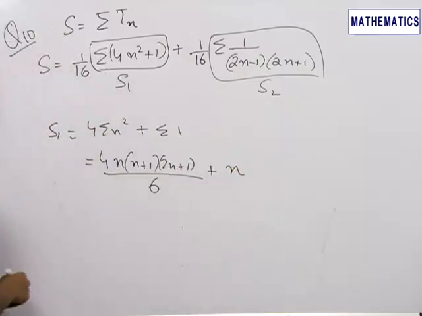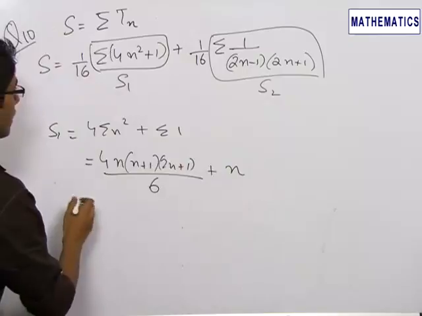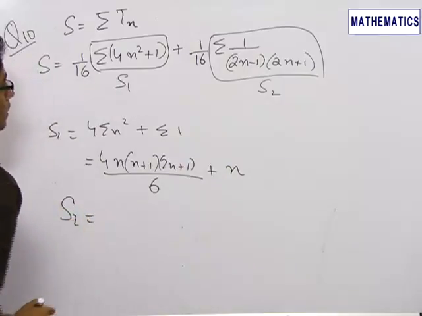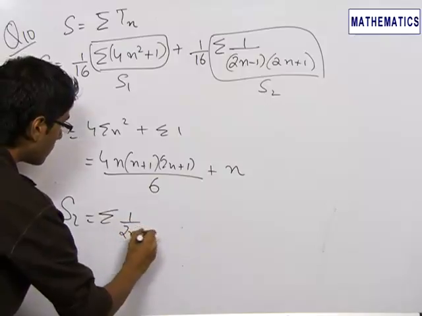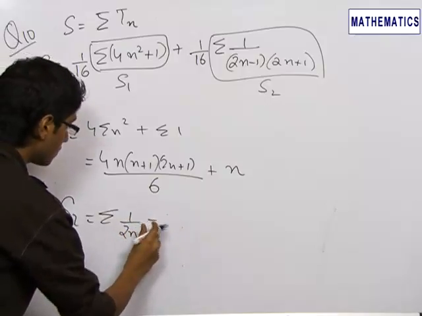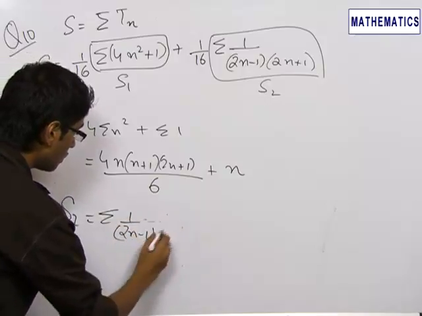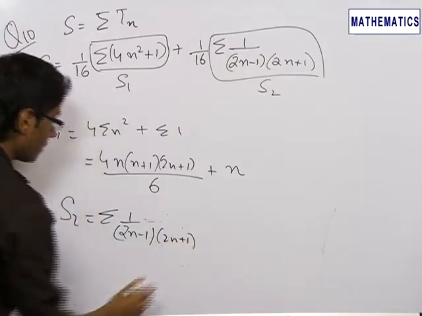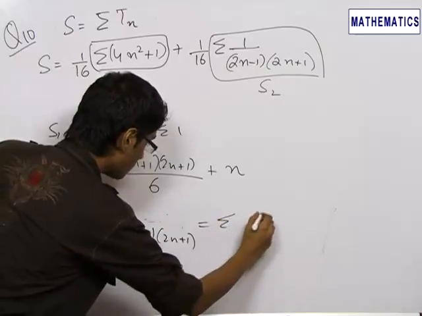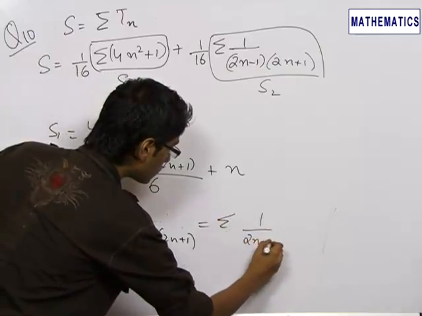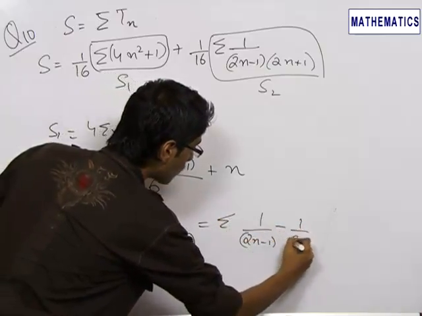So this is our S1, and our S2 will be equal to sigma 1 upon (2n minus 1)(2n plus 1). We can write it down as sigma of 1 upon 2n minus 1 minus 1 upon 2n plus 1